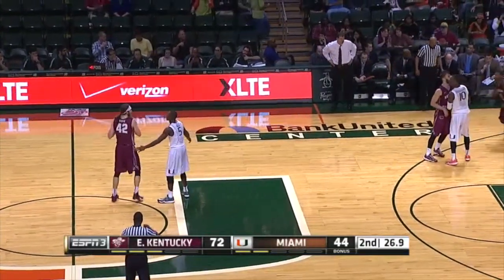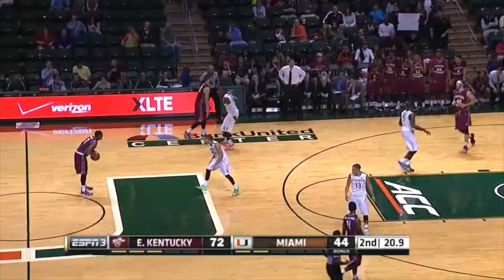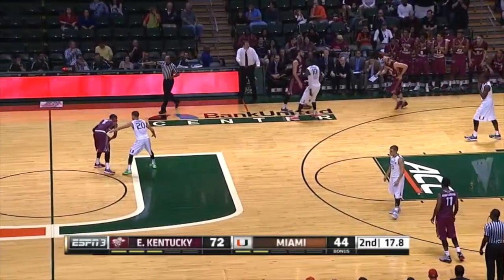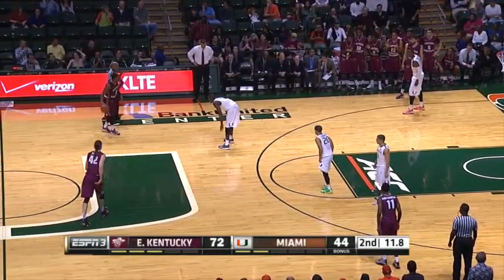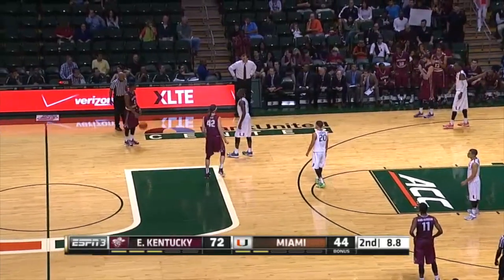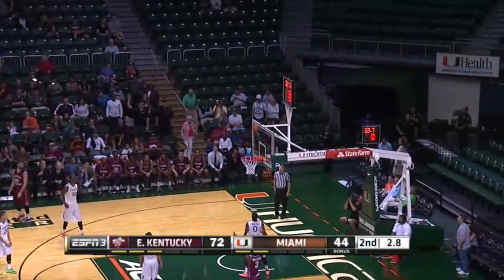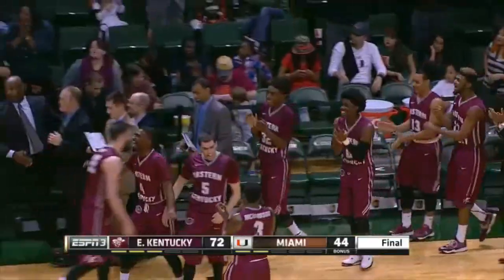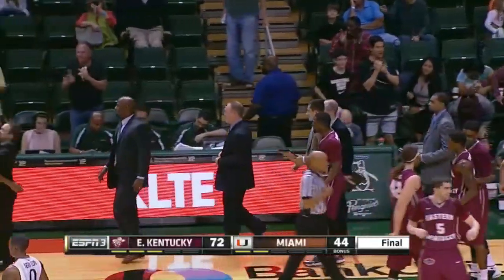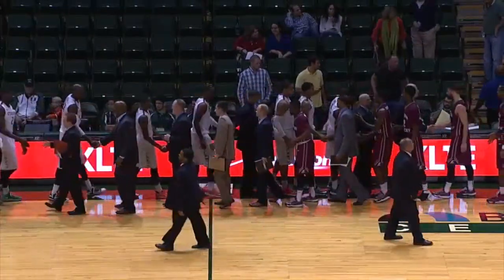As we look now at the clock winding down, does it matter to you, Drew, the point differential in a home loss like this? You know where it matters? It matters in March, when the selection committee, if Miami is possibly a bubble team, this is a loss that could potentially haunt Miami. I mean, this is one of these types of games where the selection committee will look at it, and it could necessarily be a situation where they don't get in because of a loss like this. Devastating in every way. The Canes losing at home, ranked 18th in the country by 28 points to an Eastern Kentucky squad that came in